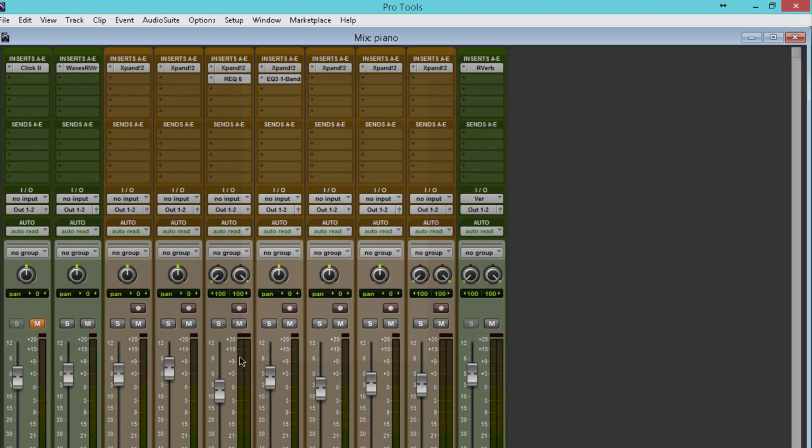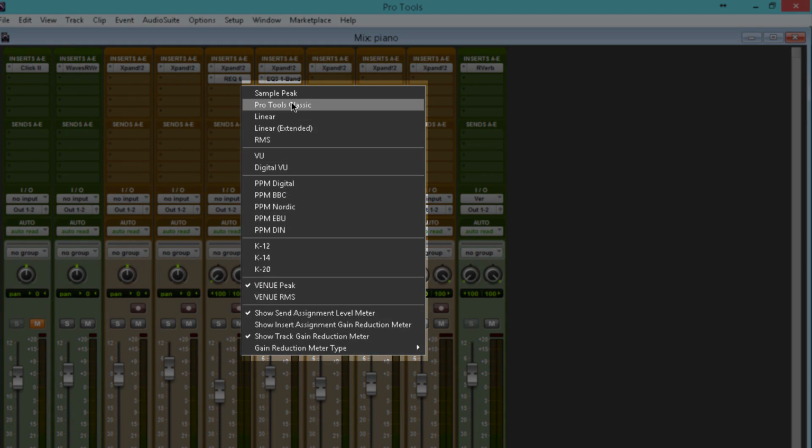If you come right here to the meters, you right click, you're going to see all these options. Just to read a few, you have Sample Pack, Pro Tools Classic, Linear, Linear Extended, RMS, VU, Digital VU, PPM Digital, and it goes on. If you're an HD user, you're used to all of this, but one of the things that kind of caught my attention besides all of these other options here are the fact that now within the Pro Tools mixer, you